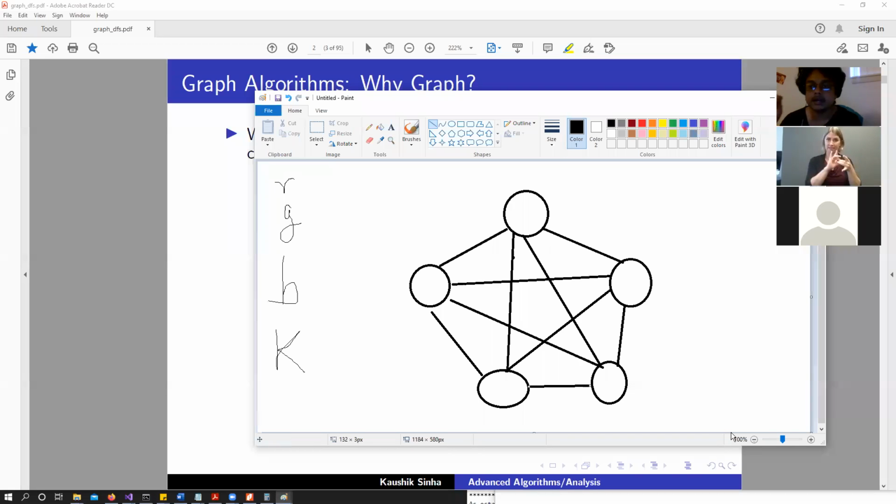So this is a complete graph of five nodes, or five vertices, where every vertex is connected to every other vertex. I want you to look at this graph carefully and test this on your own. There is no way to make this graph into a planar graph.